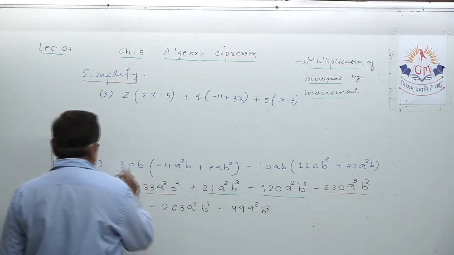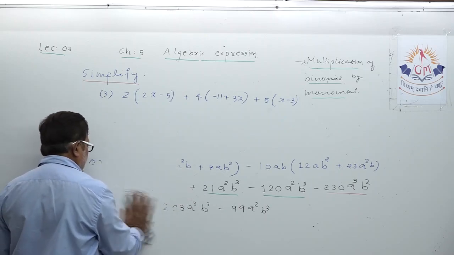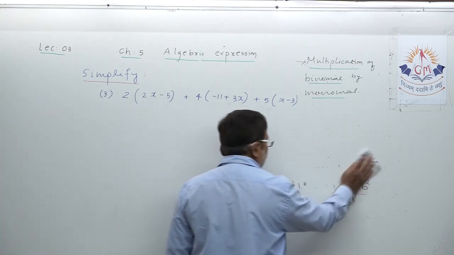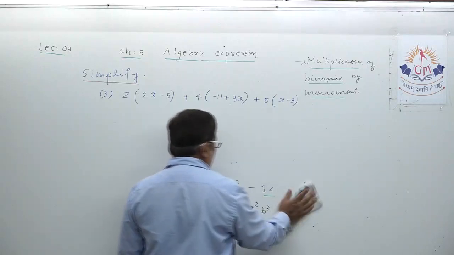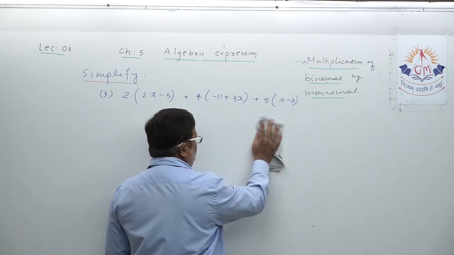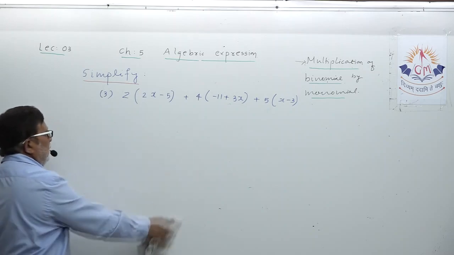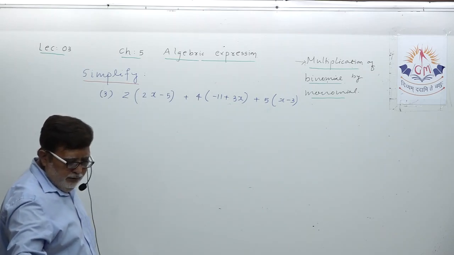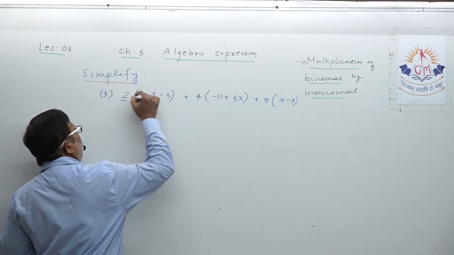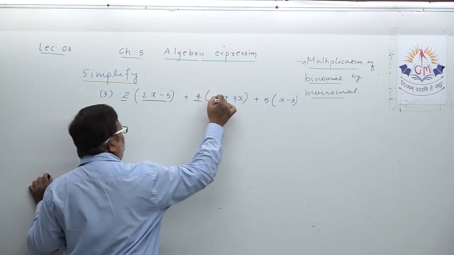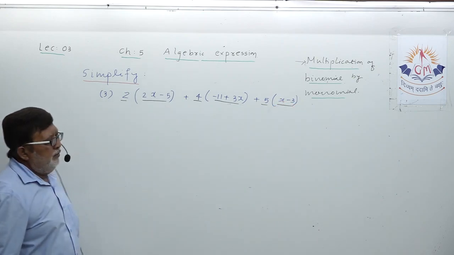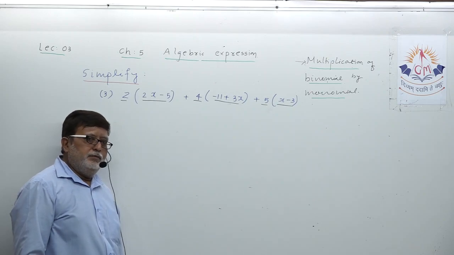Now I am erasing this one from here. Please try to understand the given example and try to verify how to accomplish and how to solve this particular example. What you are seeing, dear student, here, can you guess? See, monomial, binomial, monomial, binomial, monomial, binomial. Understand? So, three groups of the same example, three groups.